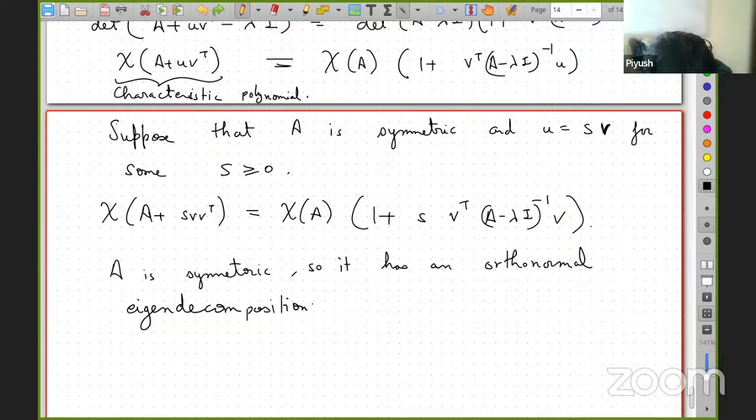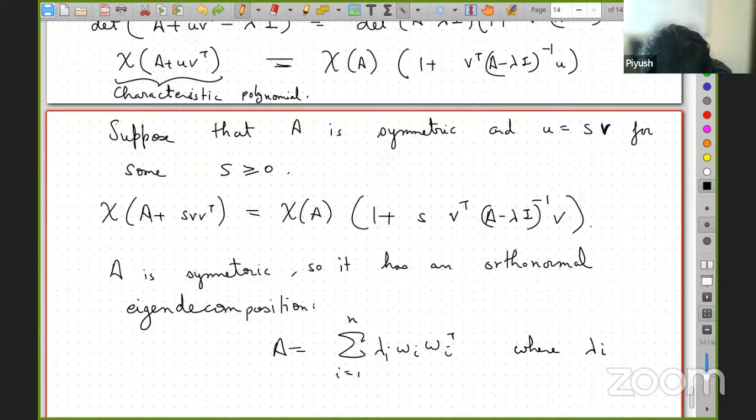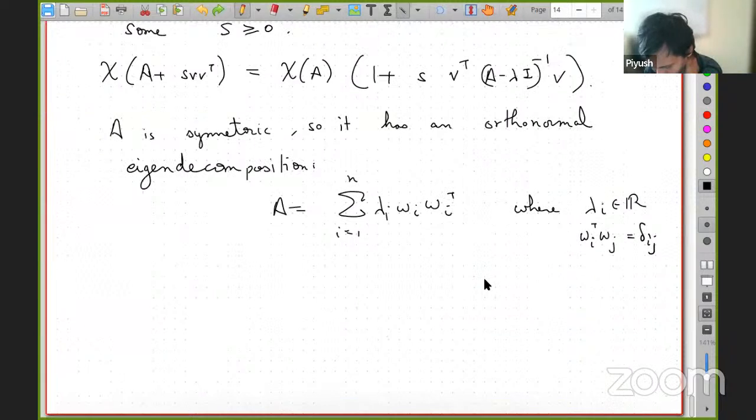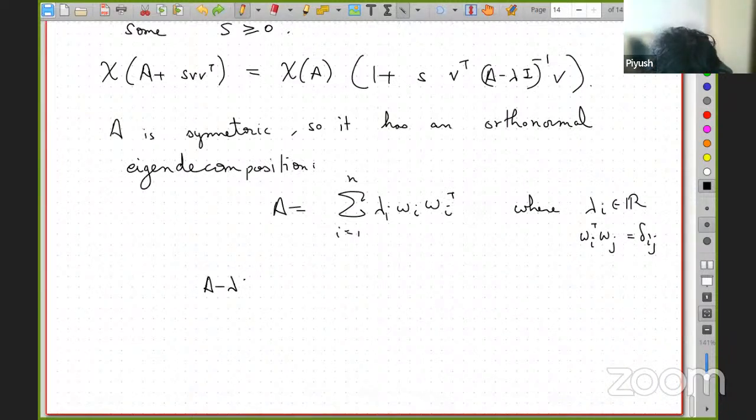So what does it mean? A is the sum of lambda_i w_i w_i transpose, where lambda_i are real and w_i transpose w_j is the determinant. Okay, but then this (A minus lambda I) inverse can be written as